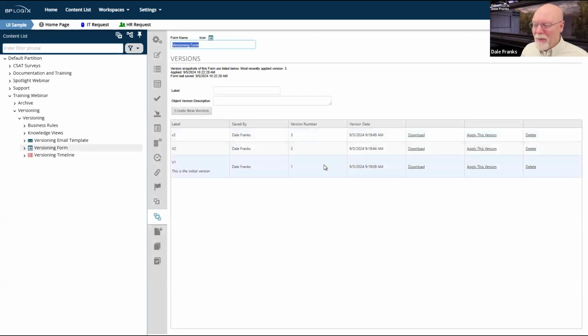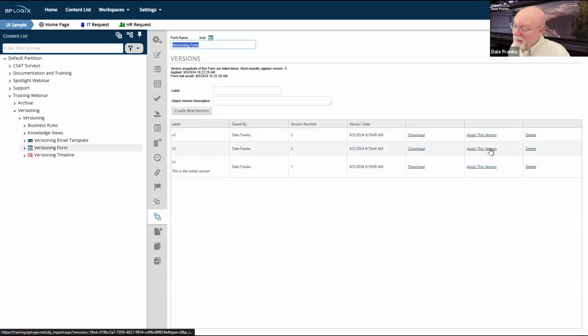And they're like, well, we have no idea how that happened. Well, I don't know how it happened either, other than clicking apply this version and reapplying the version. I think in that case, there was a slight error in version 3. So they just wanted to go back to version 2 and fix it. And so they reapplied the old version, and then they went back in to fix it, and they didn't see what they thought they were gonna see, because those controls didn't exist in version 2. So they were super confused.